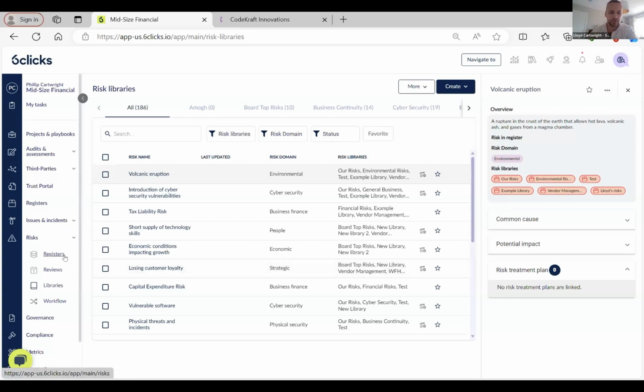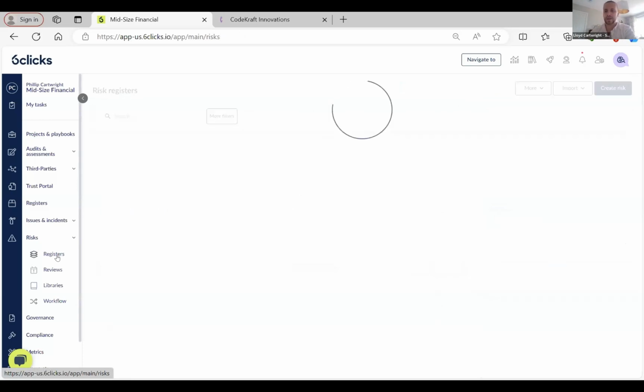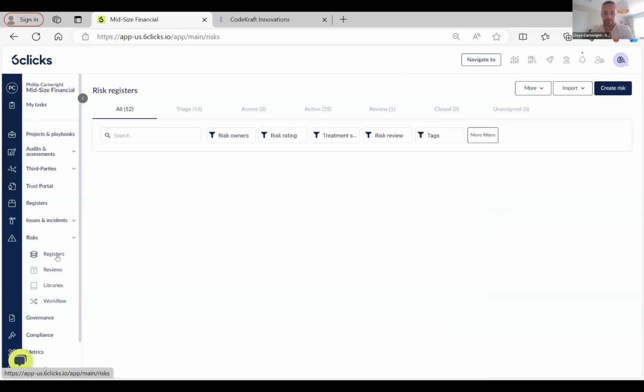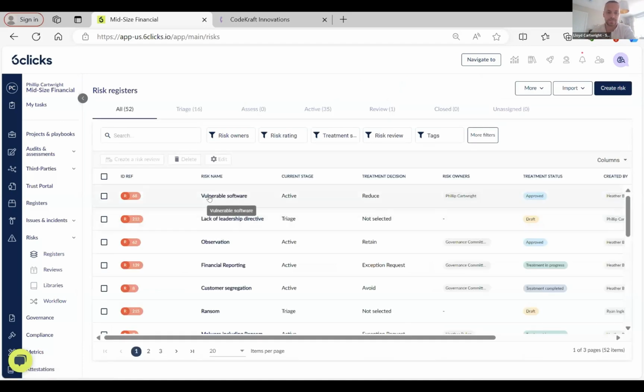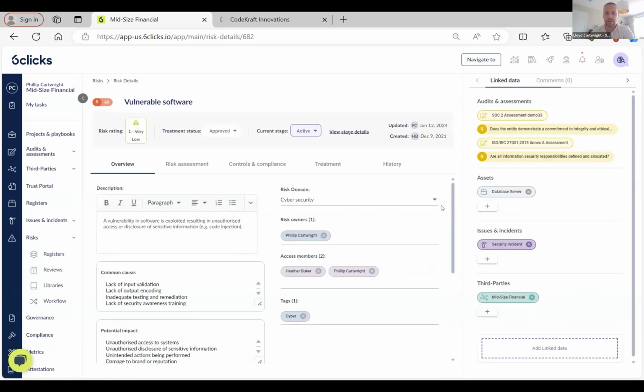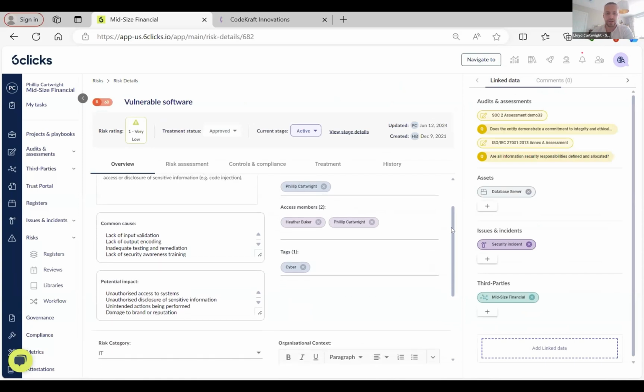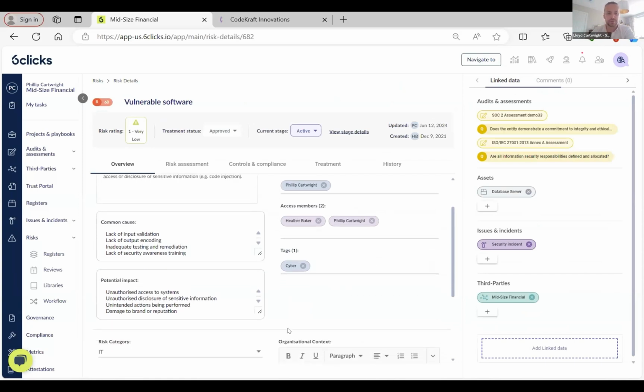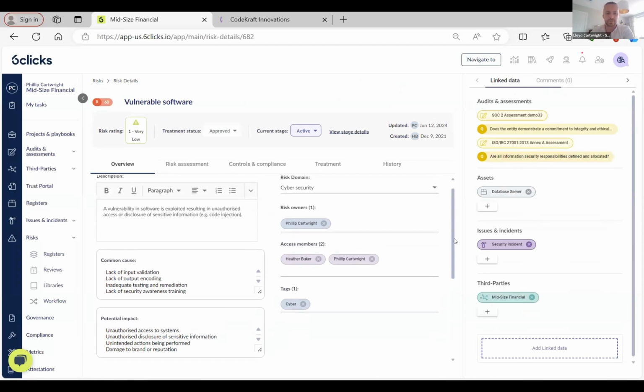Okay. Focusing on that risk register though, let's jump into a risk and we can see what makes one tick in 6Clicks. So I'll take vulnerable software as a risk. And everything above this gray line here is an out-of-the-box field that comes in the 6Clicks platform straight out of the box. So rich text description for any images and text that you might require, common causes and potential impact,